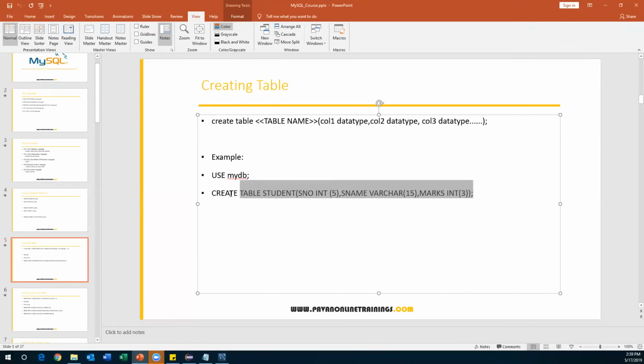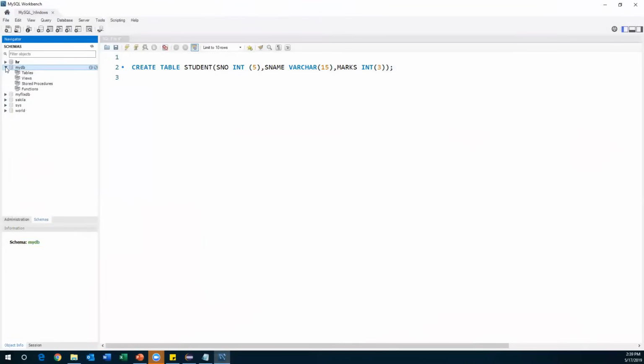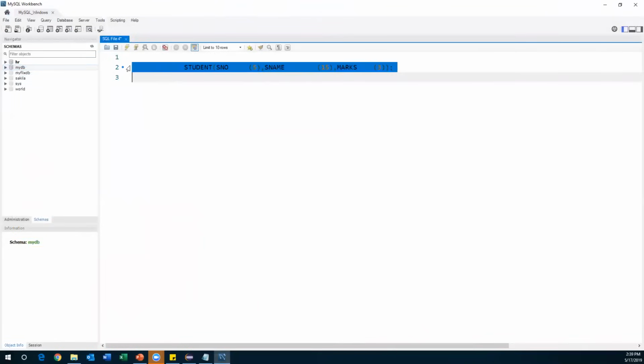So this command will create a new table. Here I'm writing this table. Because in the UI, we have multiple databases here, right? If I execute this command directly, MySQL Workbench doesn't know where exactly this command should execute, because there are multiple databases. So in which database do I want to execute this command? For that reason, first we need